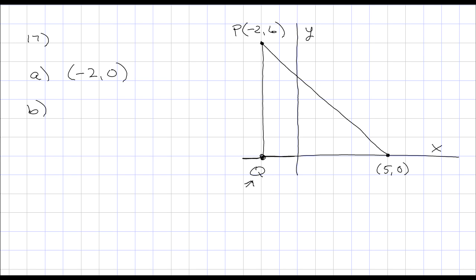For part B, we are looking for the lengths of PQ, QR, and PR. Alright, well PQ is, let me do that in red, from here to here. And since we're going straight up and down, because there is a right angle in the picture, we can just count the number of spaces. And so it's just a distance of 6. For QR, well, R is over here. Now we're just going horizontally, straight across, so we can just count the spaces for a total of 7. So QR is 7. And then PR,